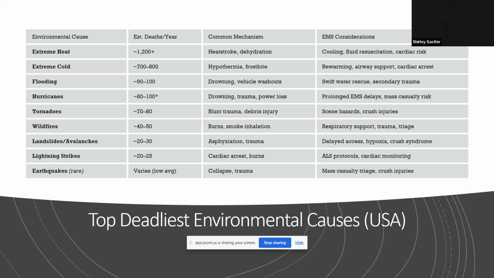I threw earthquakes on here. Earthquakes is another topic. Again, I'm working on some environmental lectures in the months to come, and it's one I definitely want to discuss. And we live on the New Madrid fault here in this region. Actually, I just saw a stat yesterday as I was looking into earthquakes. The last time we had one here in the St. Louis region was around 1820, 1821, something like that. But it was a 9.1, which is significant.